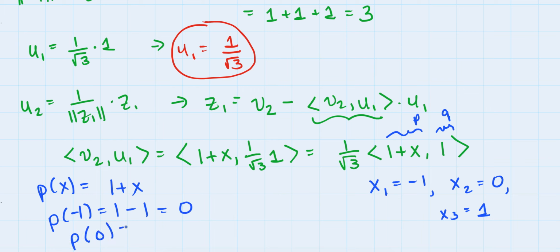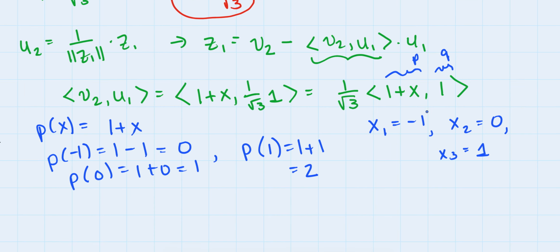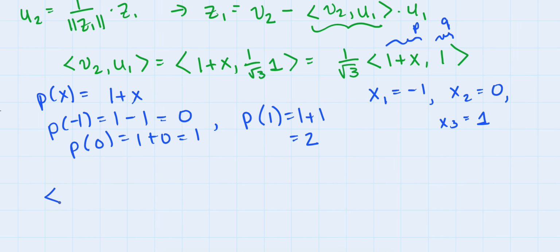P of 0 is 1 plus 0, which is 1. And p of 1 is 1 plus 1, which is 2. And remember, if we plug in these values into the polynomial 1, we just get 1. So that tells us that the inner product of 1 plus x with 1 is the sum of these three values. We have 0 times 1 plus 1 times 1 plus